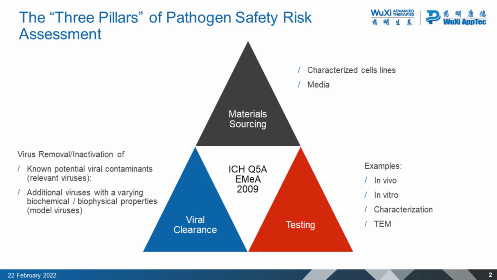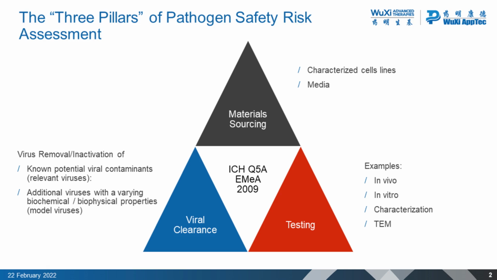There is a risk of viral contamination to all biotechnology products developed from cell lines. Several regulatory guidances recommend a risk-based approach to assess safety. This is done through the three main approaches shown here. The first is through material sourcing by careful selection of raw materials, replacing what you can with non-human or animal-derived products, or additional steps such as pre-treatment of your materials.